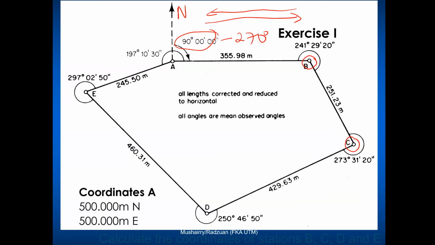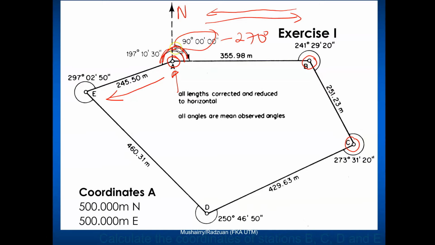Or I could start at A, because I could calculate what that back bearing is based on the angle given here, the angle given there and the 90 degrees bearing from A to B. So I'm going to do it from there, just to make it a bit more interesting. If you're doing it from B, then it's quite straightforward. Just use 270. Let's say I'm going to do it from A. Let's see how we go about doing that.